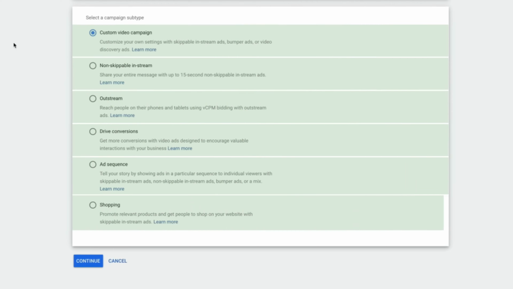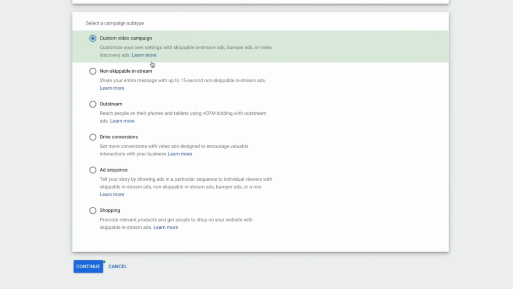On this screen, we will get to decide where these video ads are actually shown. I'm going to select Custom Video Campaign and then click Continue. Now, we're going to be selecting our ad settings. Walk through the prompts one by one, and select the options